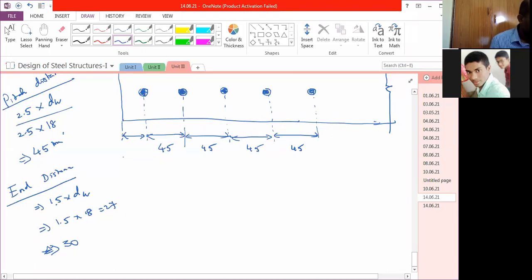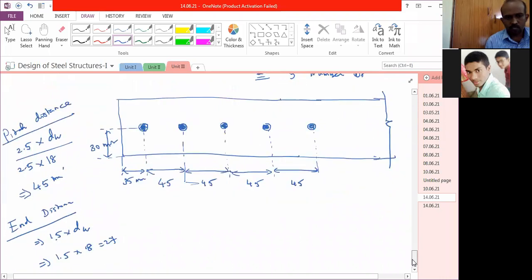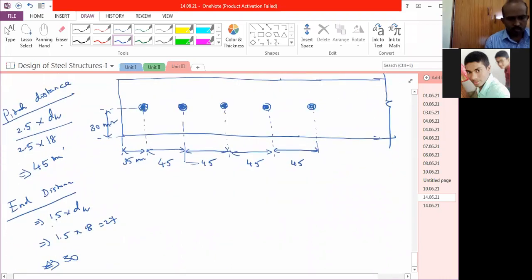Here they are providing us 30 mm, and here they are providing us 35 mm. No issue. If you want to provide 30 mm also no issue. So 1.5 times, 1.7 times, whatever you can use. In the problem, this is the minimum distance, and above this minimum distance you can assume any value. Here we are assuming 30 mm, here we are assuming 35 mm.